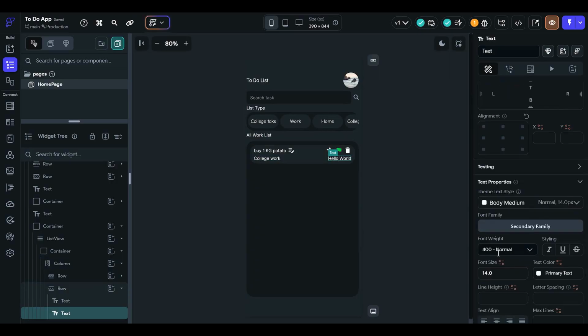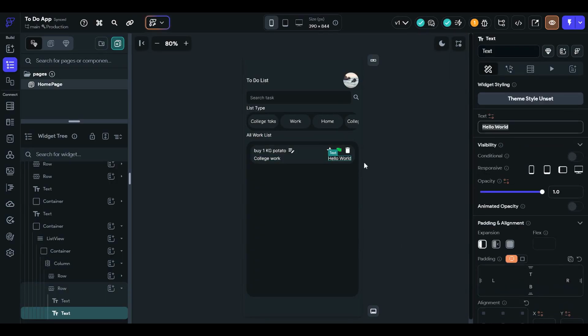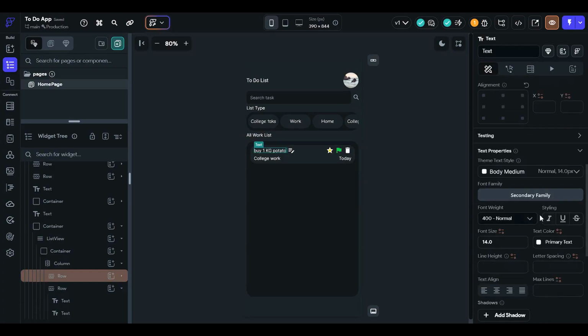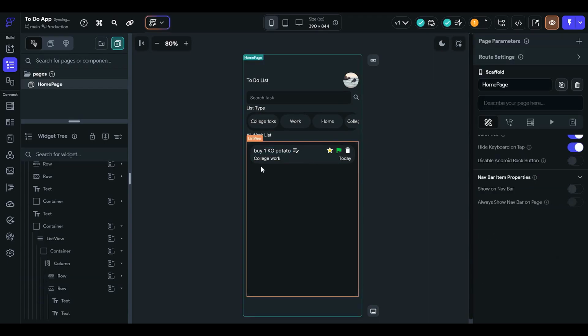This is the type of the task, and this will be the date time when the task should be completed, today or tomorrow. Actually, the deadline of the task. This is the title, so we will make the title a little bit bigger.